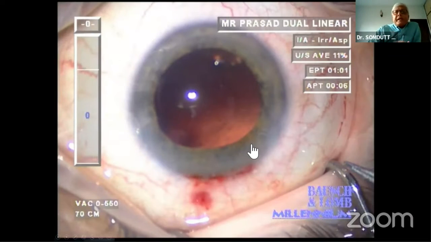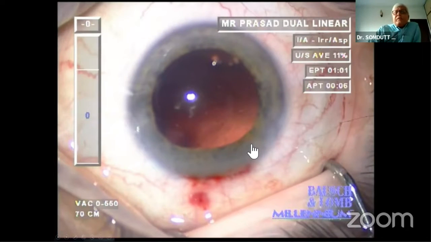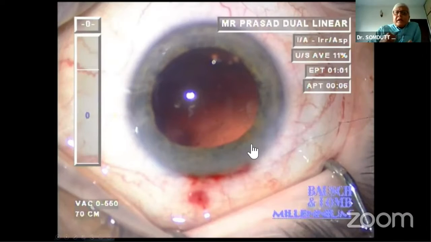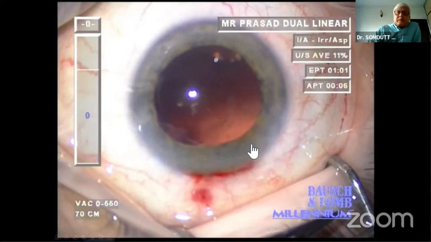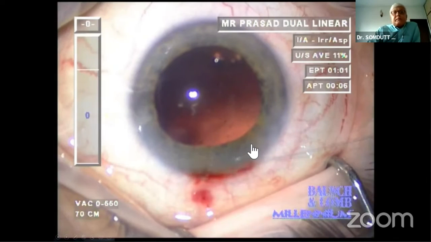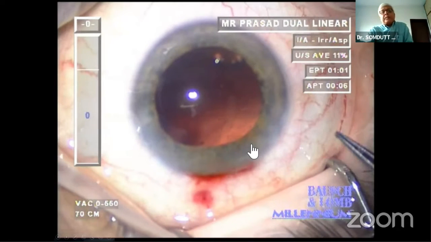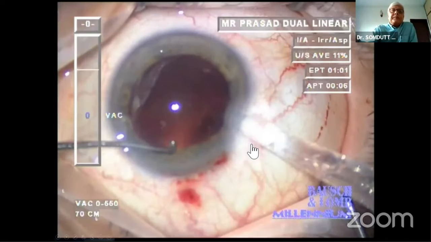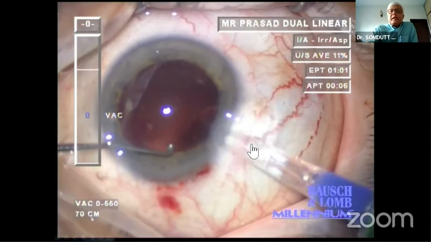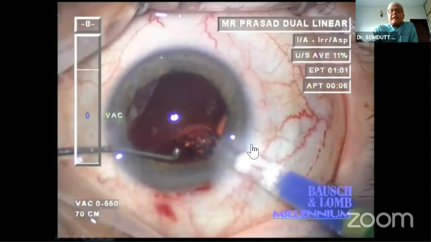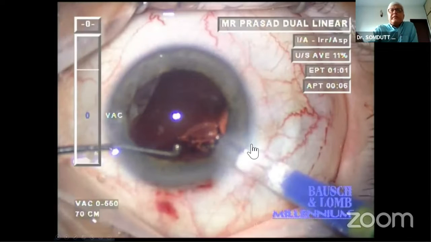And in fact, just be very controlled, very slow. Everything is slow, and there's a lot of dispersive viscoelastic, like Viscoat, whichever brand you prefer, being used. So that was case number one, and I'll just show you part of my second case because I don't think I have time for the whole case.